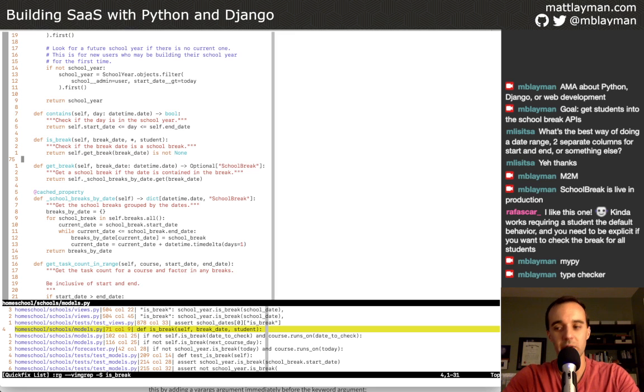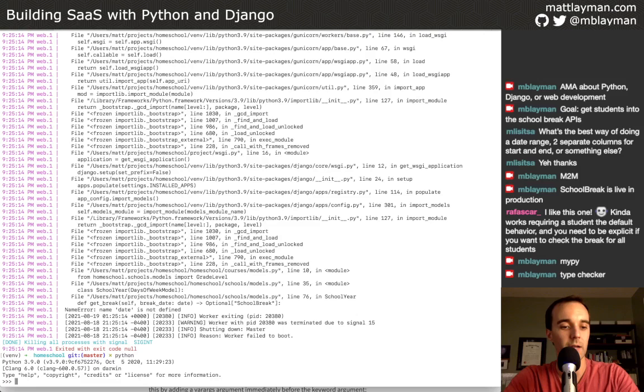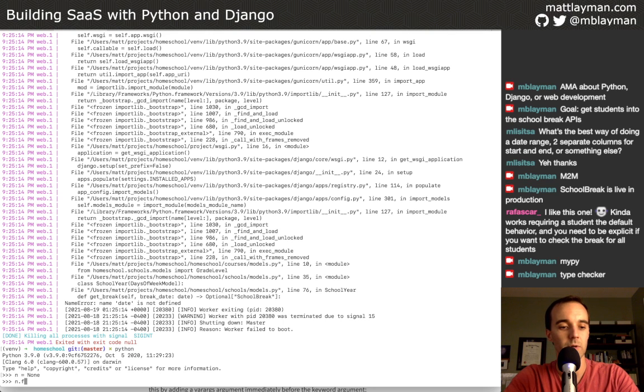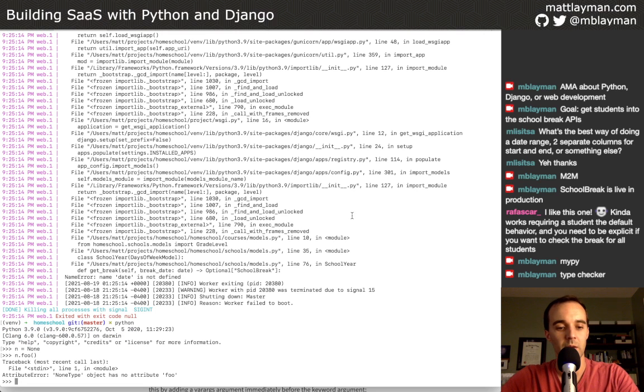My primary reason for using the type checker is for optional. And the reason that I use MyPy for optional is because it can statically analyze my code and find when I'm not handling none. I'm sure you all have seen this. If I launch Python here and we set a variable n to none, and then we say n.foo and call it like a method, this is a super common error.